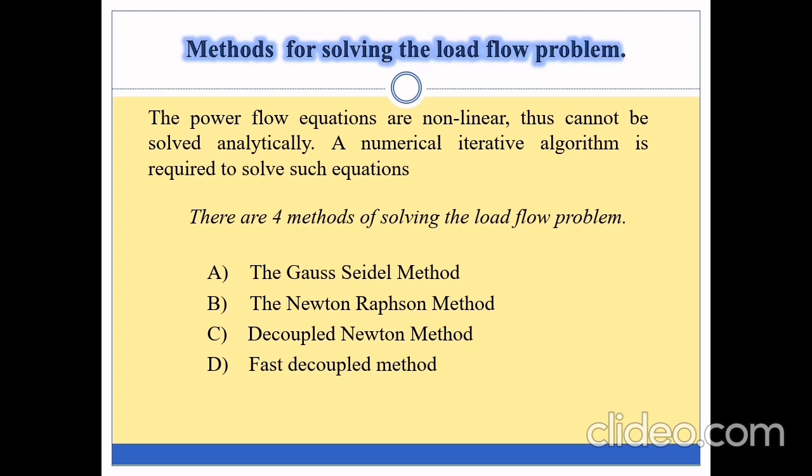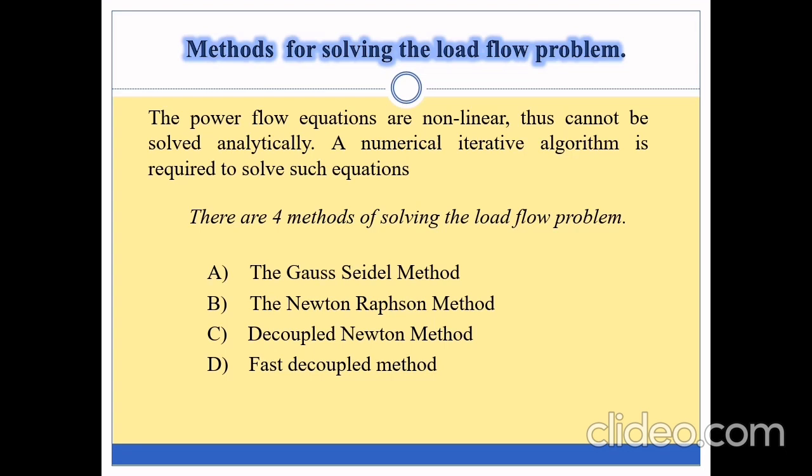So complex differential equations, non-linear differential equations, that too. Complex non-linear differential equations are to be solved only through trial and error technique, which is called an iterative technique of the system. So we need to use non-linear equations which are to be solved using iterative algorithms or iterative techniques.